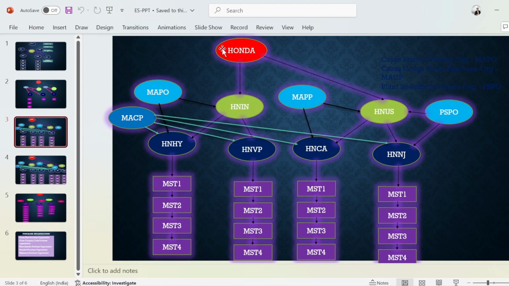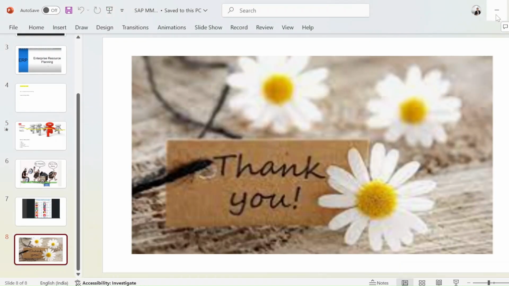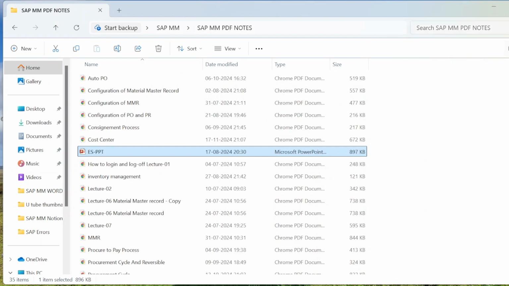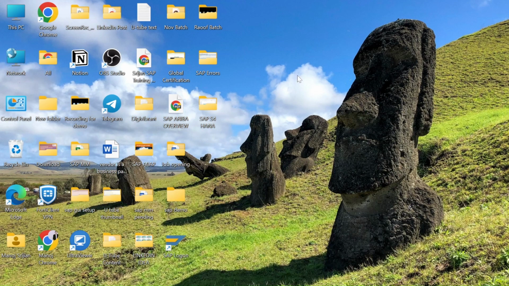That's an enterprise structure or organization structure, both are same, don't be confused. Both organization structure and enterprise structure are same. Okay, so that's just a client, that's just a company code, then plant, storage location. I will explain that in brief. I'm just showing you how we are going to learn. And then we are going to start mapping that in the SAP environment, in SPRO. So that we are going to learn.